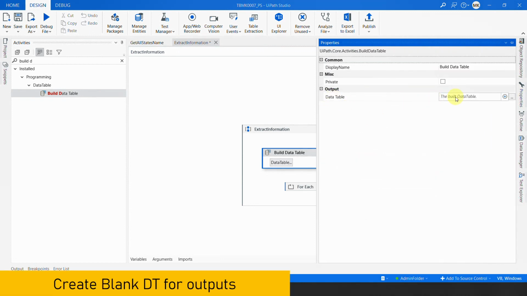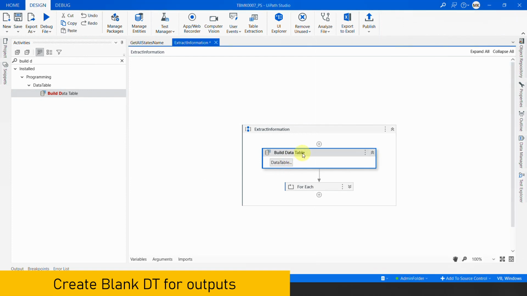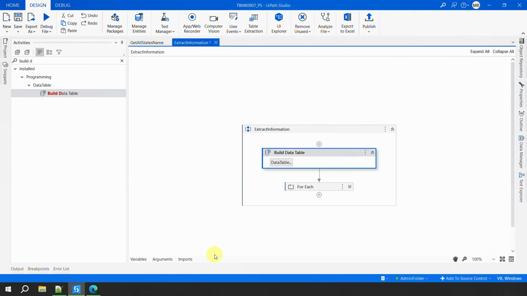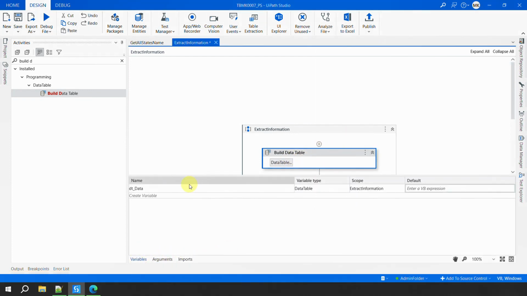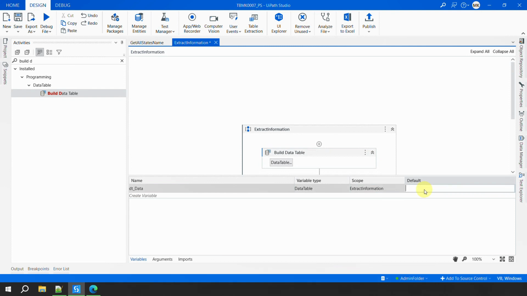Now here, what is the data table? Hit Ctrl+K and type dt_data. So this becomes your data table now. Once you have the data table, make sure that you initialize it so that you don't get a null reference exception. How do you initialize? Go to the variables and in default, just write new System.Data